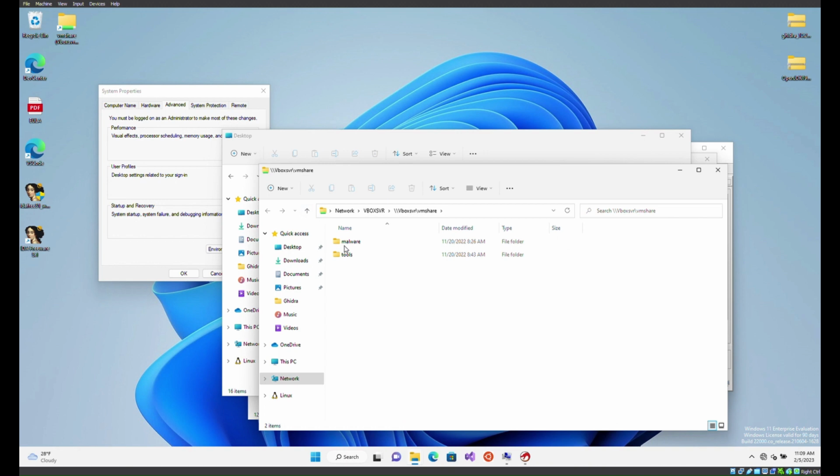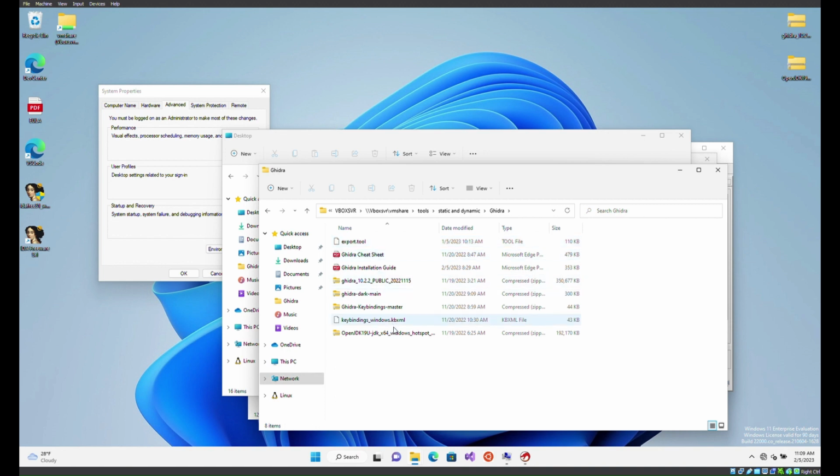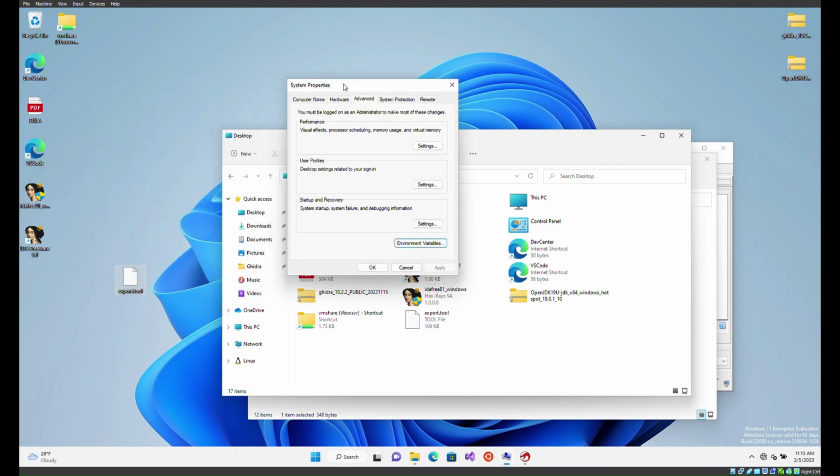I'm going to my GitHub page and finding it, it should be here, Ghidra. I have a thing called export.tool. So what you can do is download that and put it in your shared folder, put it in your virtual machine,